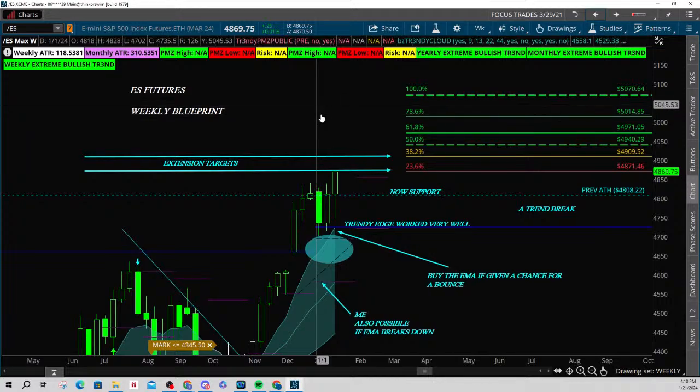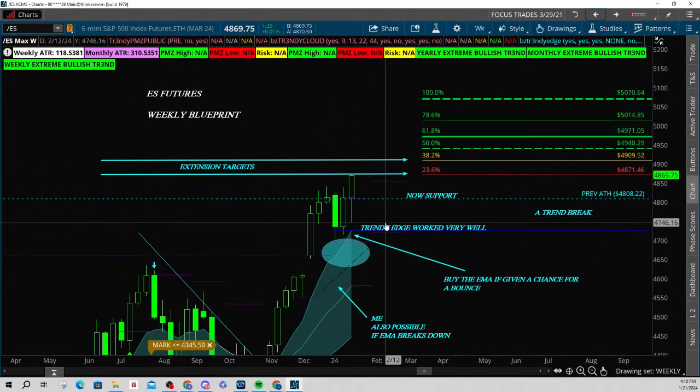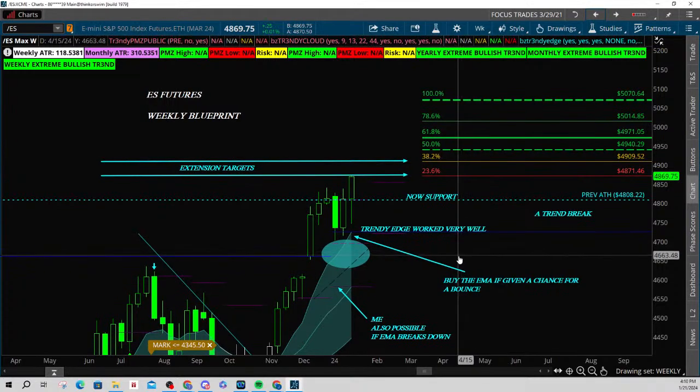Here we are on ES Futures. Notice that the level here, the trendy edge, worked very well. We talked about that weeks ago. We came into the trendy edge. Now you can see, and I know I said this week after week, what I expect is a move higher so that the 9 EMA becomes confluent with the trendy edge,